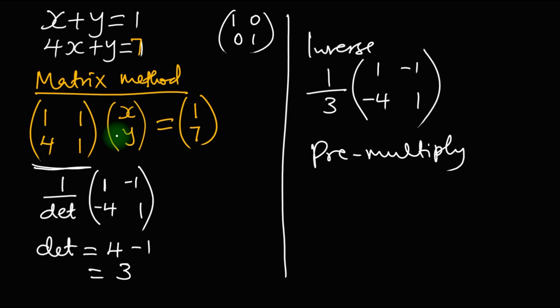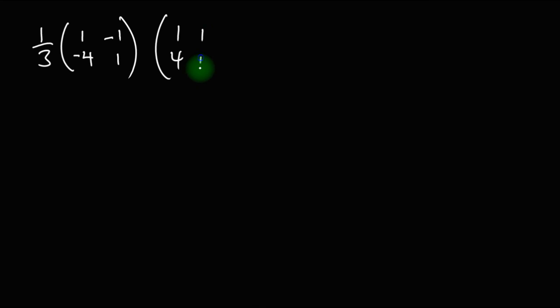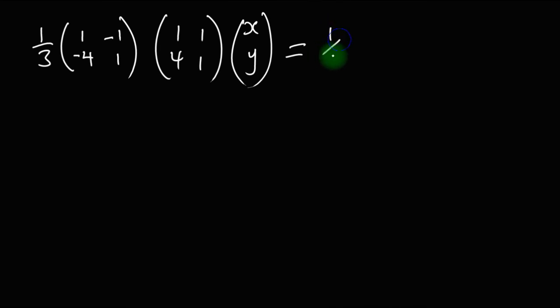Now, for us to pre-multiply, we shall get 1 over 3 multiplied by the inverse of the matrix, 1 -4 -1 1, times xy,